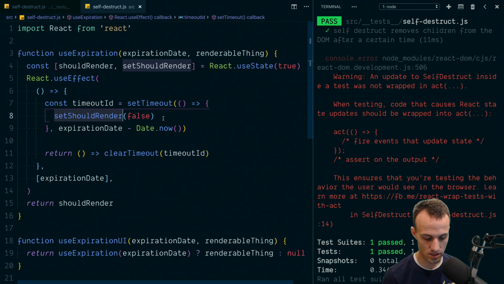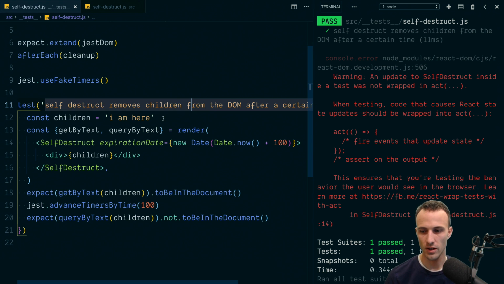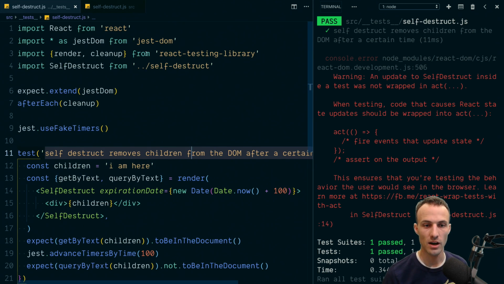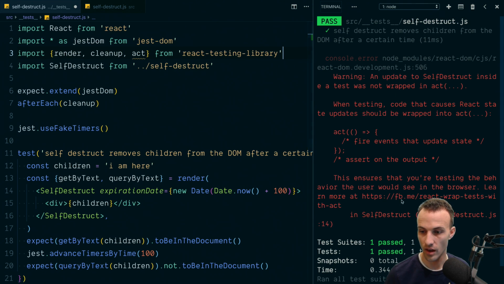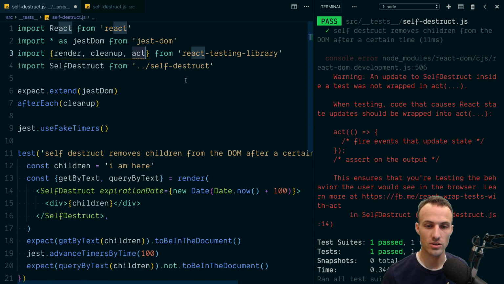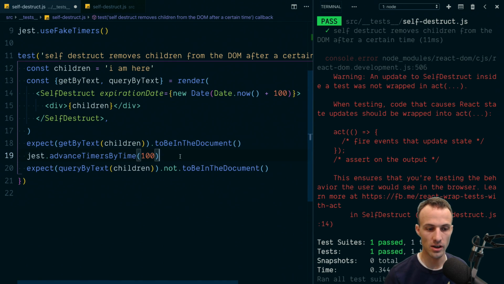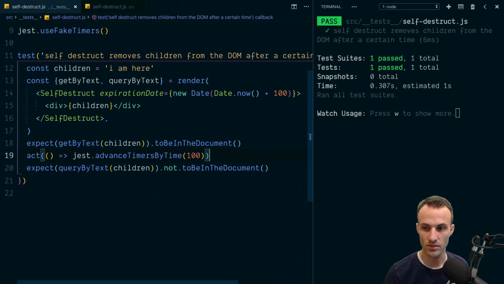So we run all of the set states in a batch, then we run all the effect callbacks, and then your code will continue. And it's something that I'm still sort of figuring out why this matters so much. But React Testing Library re-exposes that act thing that comes from React Test Utils. So we can just pull it right from React Testing Library. And then we can say act, put that advanceTimers inside of an act, and save that, and we get